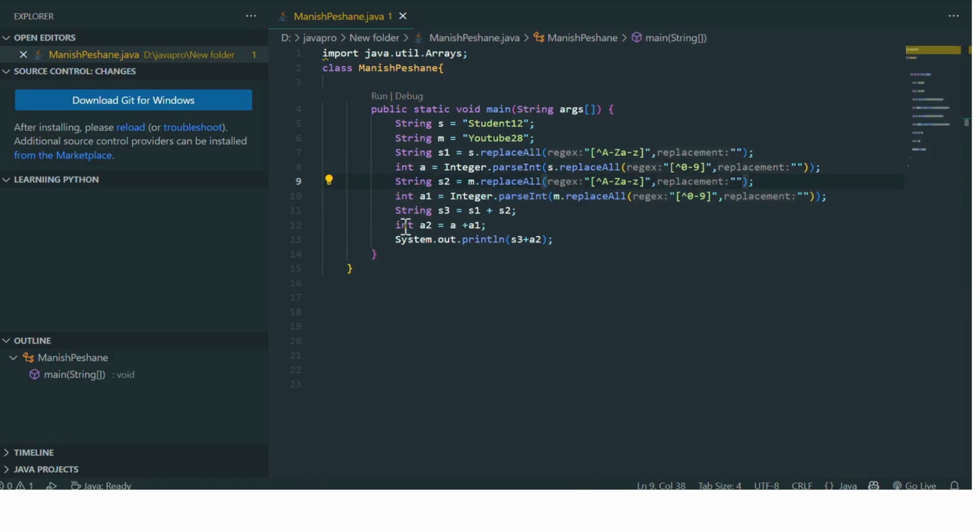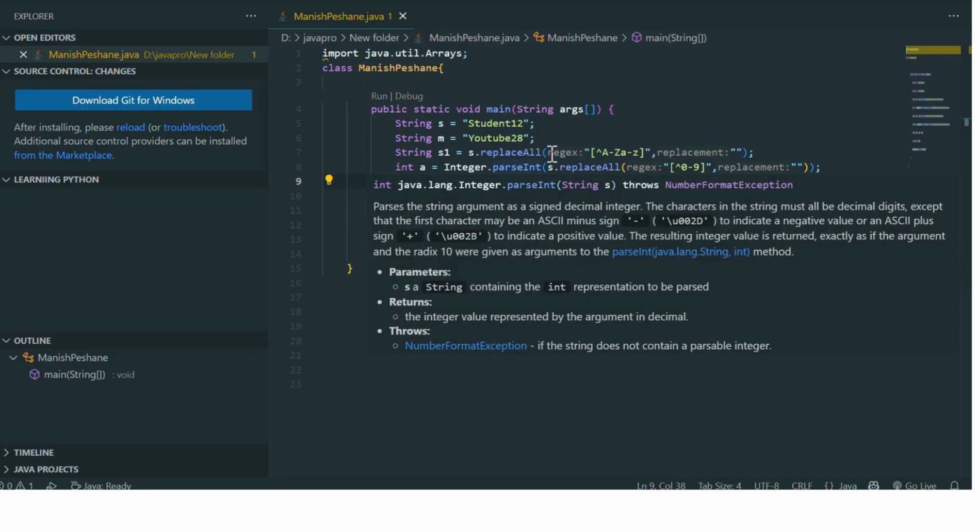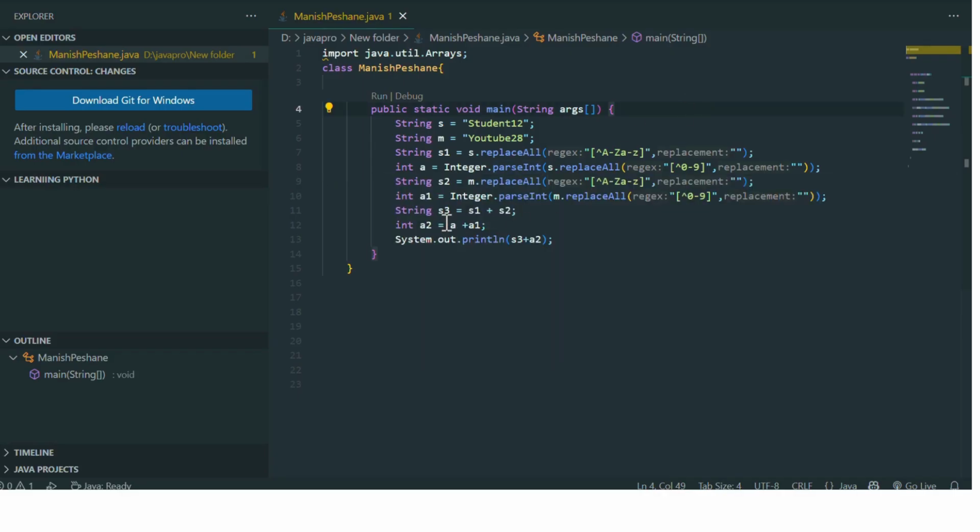Then s1 and s2 concatenate with each other into one variable named s3.